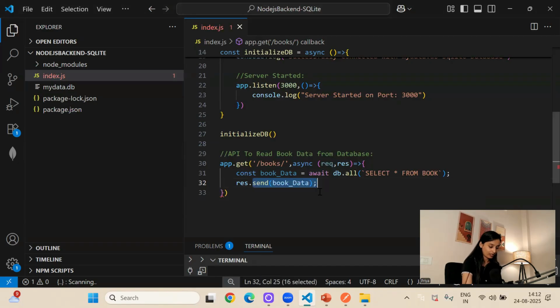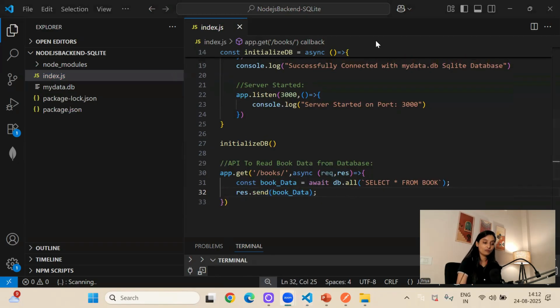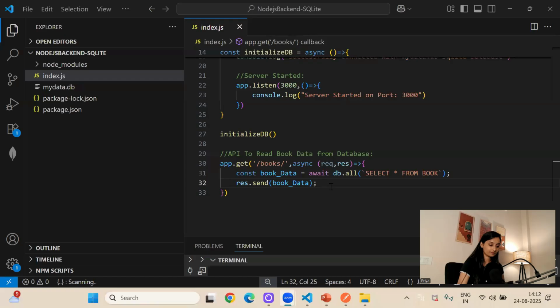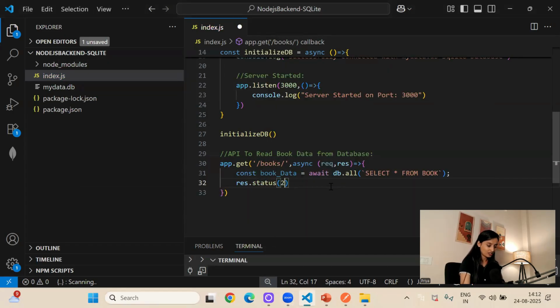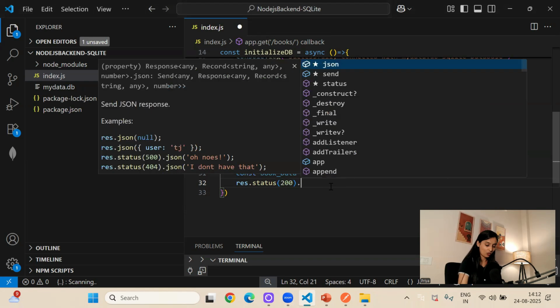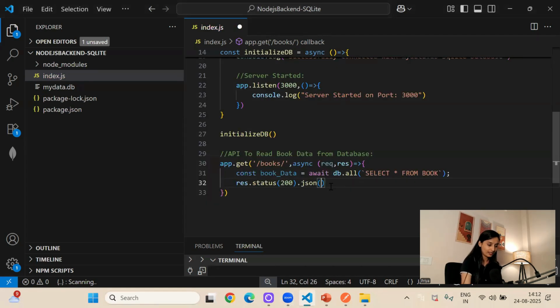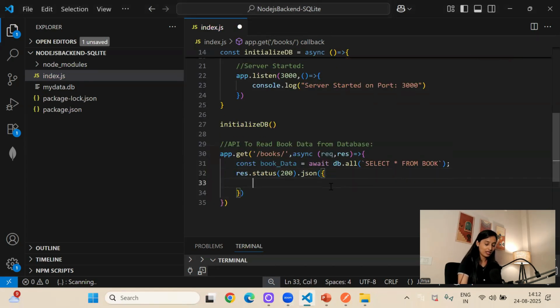Okay, what I'll do, I'll just mention it for the next API. First, you properly implement this API. Okay. Or you can mention it, not an issue. Response dot status we can mention as 200, means everything is okay. Okay. And the JSON data we can pass it like this. So here I will initialize one variable, message. Okay. And here this is my key actually. And here I will send the message as